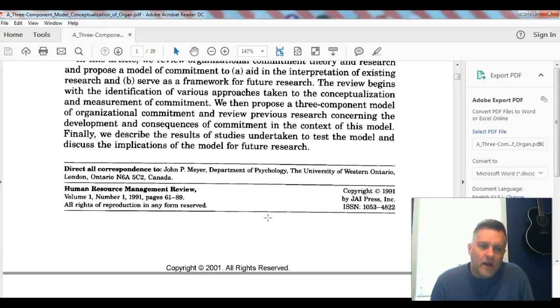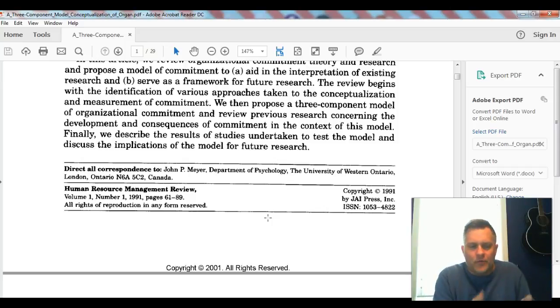If I don't know that, I could quickly go do a Google search of the Human Resource Management Review. Their homepage will come up. It'll say academic peer-reviewed journal somewhere on that first page, so you know. I would even go as far as say if you're looking in the right places, 9 times out of 10 you're going to get an article that's going to be from a peer-reviewed academic journal. We'll go through some places where we can look for these things. If you're looking in the right places, you're probably going to find the right articles, and you don't need to go and confirm that they are indeed from a peer-reviewed academic source.